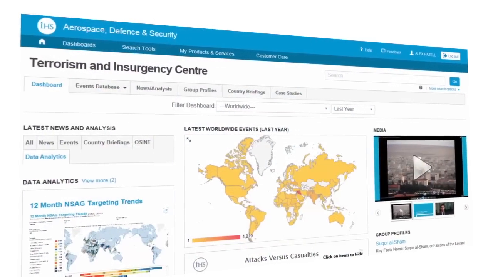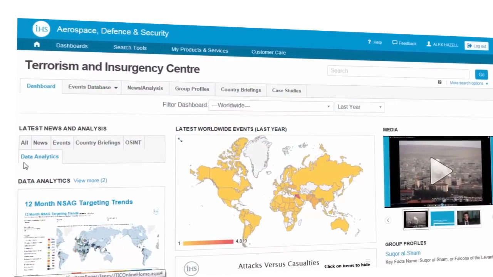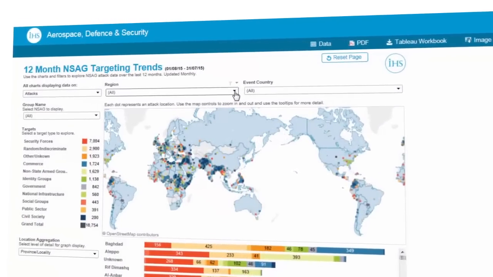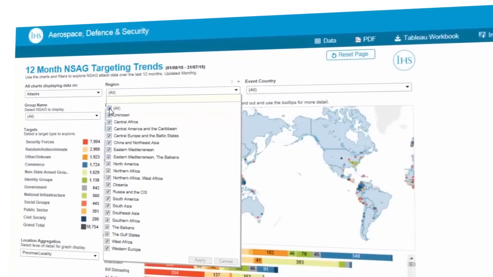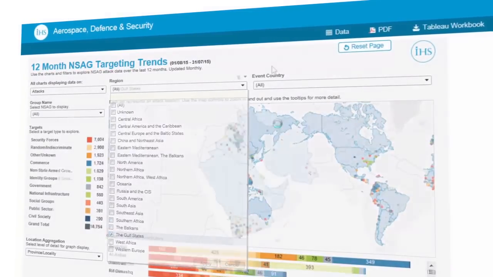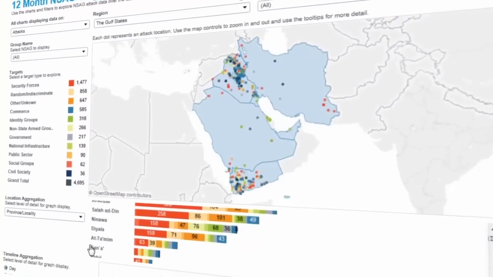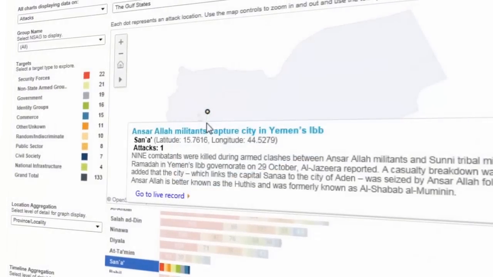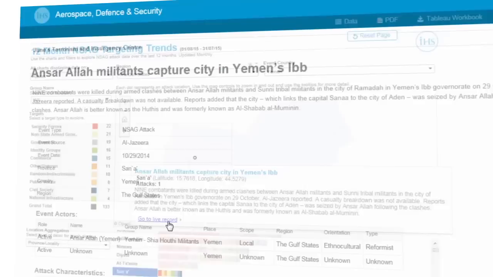The first thing we want to understand is what type of insurgent activity is happening around the Sana'a area. In order to do that, we will utilize the IHS Jane's Terrorism and Insurgency Center, filter down to the Gulf State region, and then select Sana'a from the list. This provides us with information on the amount of attacks and the types of attacks performed by insurgency groups in